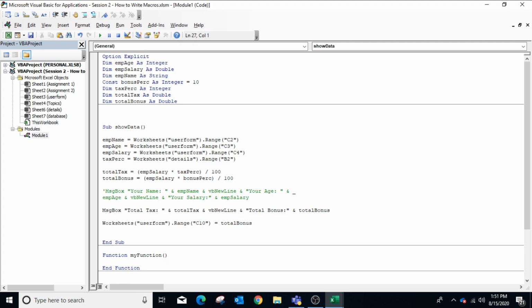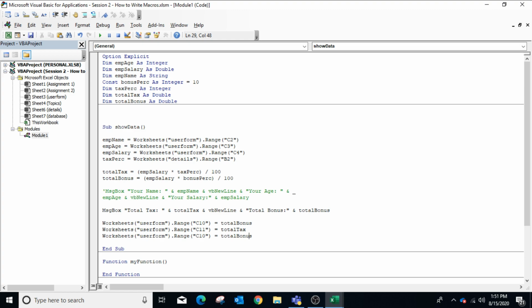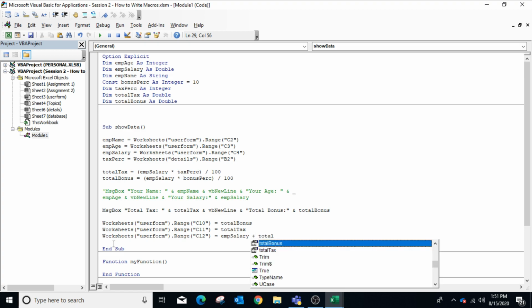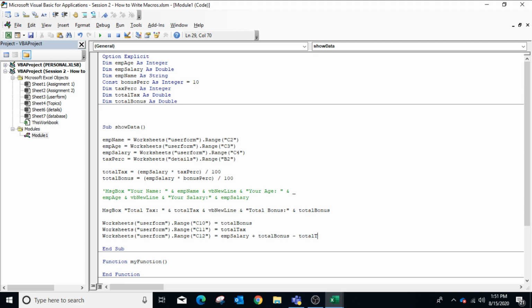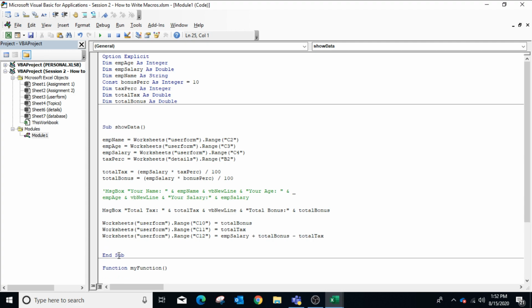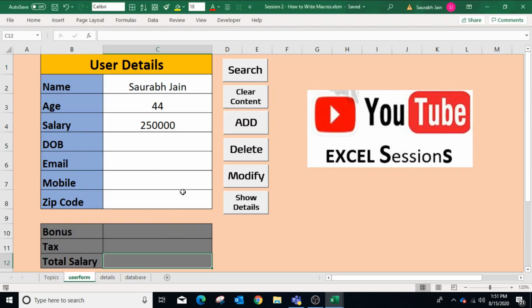Similarly, in C11 we will write the total tax, and in C12 we will show the total salary, which will be employee salary plus total bonus minus total tax. Comment the message box line so that the macro will not execute it.